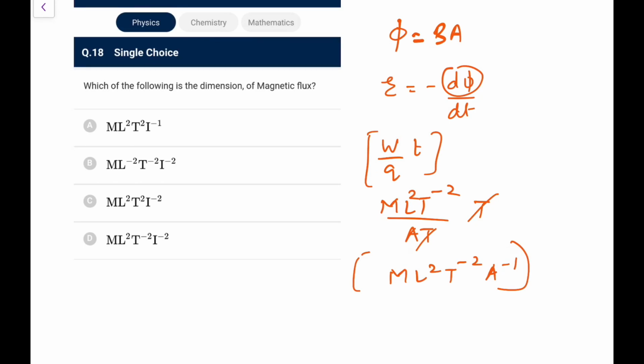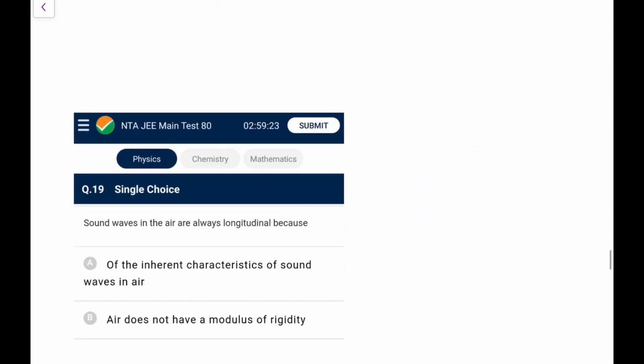So which one is coming, let me check. I was searching for M L squared T to the minus 2, and it is coming out as that, but I don't think it is I to the minus 1. I think there is no option here. So this is again a bonus one. I think they should have given it as minus 2, then that might be the correct one. But right now there is no correct option in this.